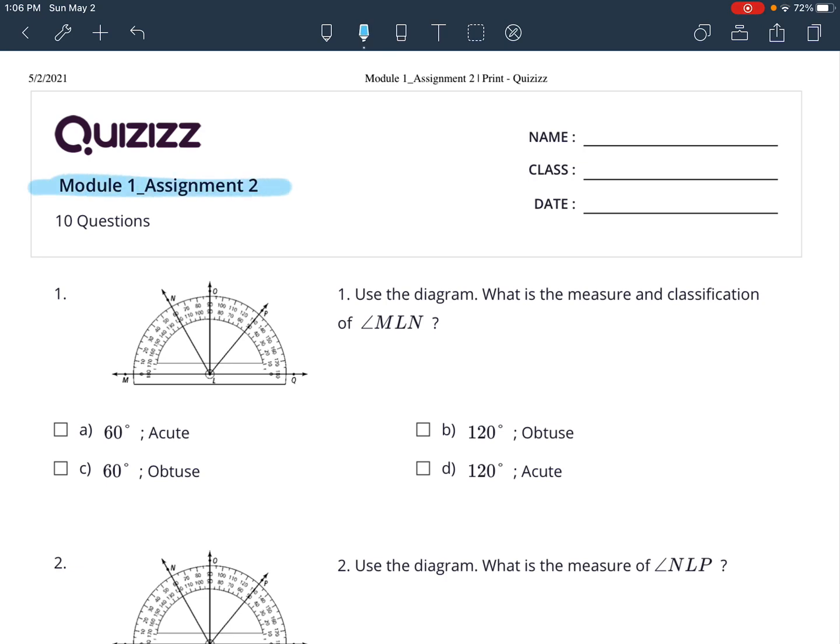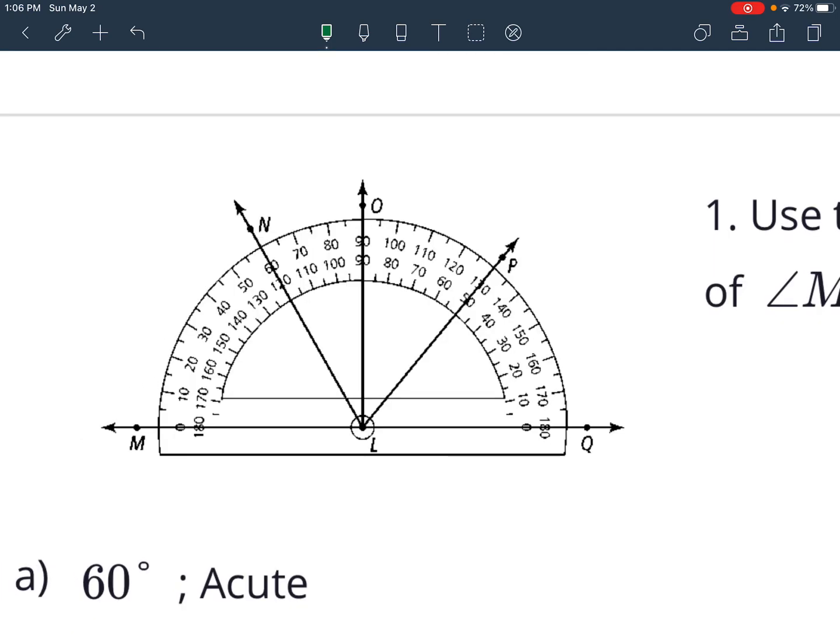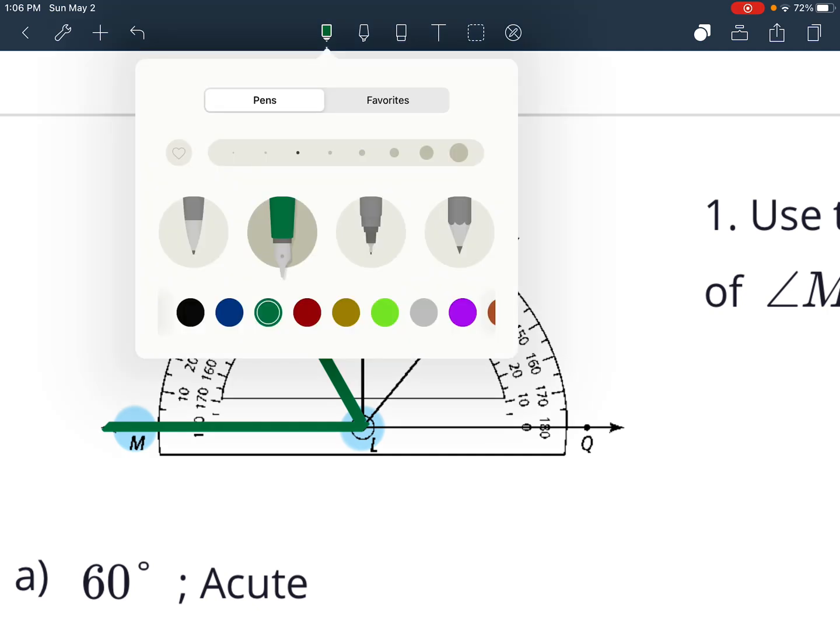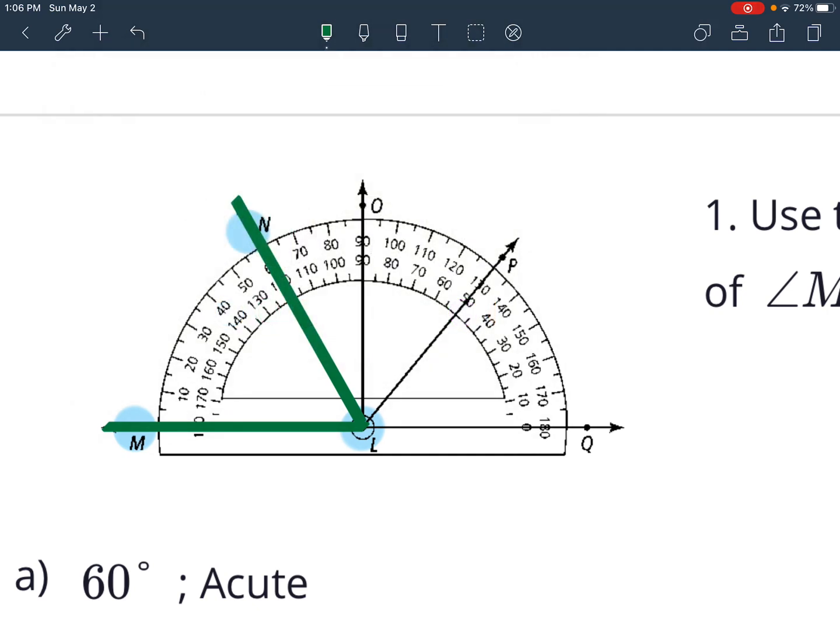Module 1, assignment 2. It says use a diagram. What is the measure and classification of angle MLN? MLN. Now, the trick here for using a protractor like this is to figure out where you